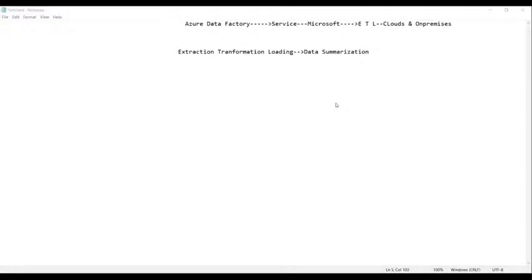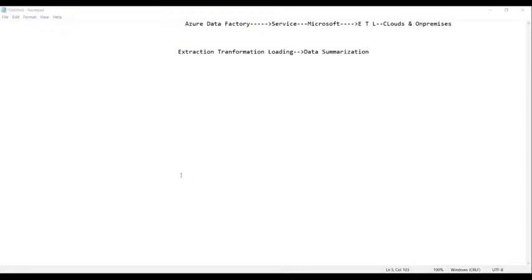Okay. So along with service, can we say Azure Data Factory is an application? Of course, you can say, but technically, we don't call it an application. Sir, what is the difference between service and application? A service is where you provide something and take the money. That is nothing but a service. We provide it and take the money.